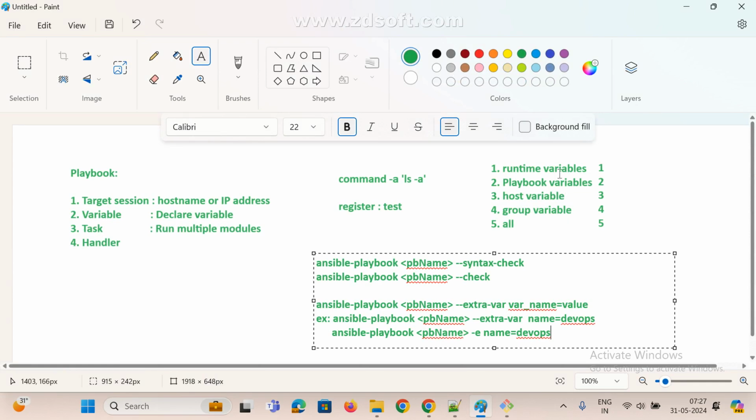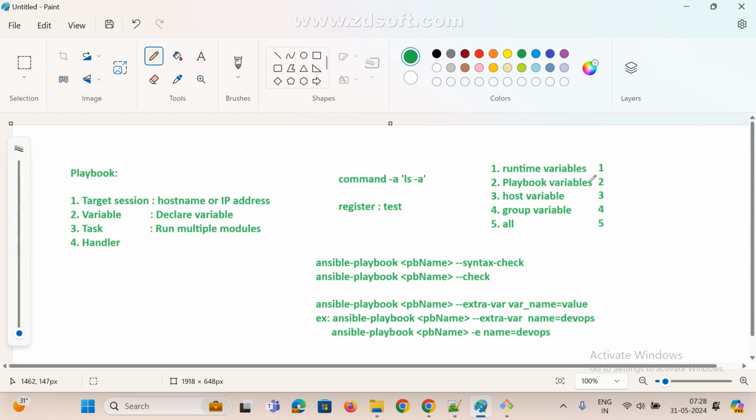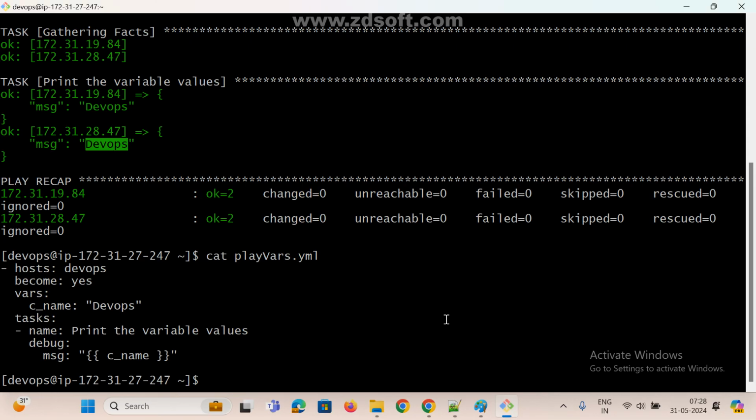Now based on this understanding, which variable is this that I declared, runtime variable or playbook variable? A playbook variable. Inside the playbook only I declared, right? I didn't pass it at runtime, and inside the playbook only I passed it. Now see here how it will work. Now I am going to use runtime. While running my playbook, I want to pass something. Now see here,